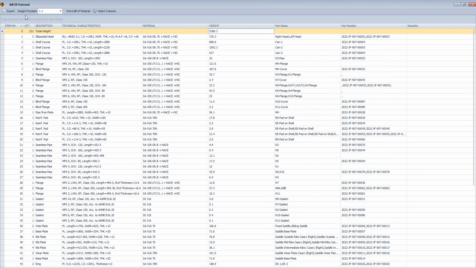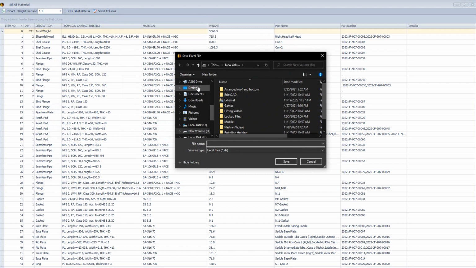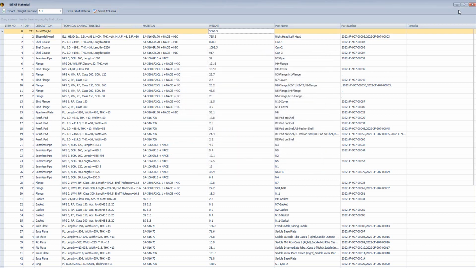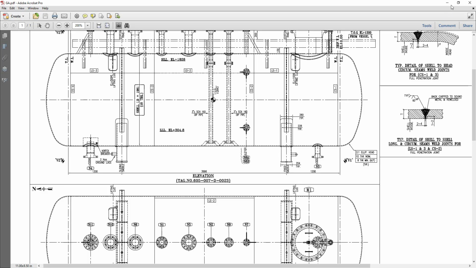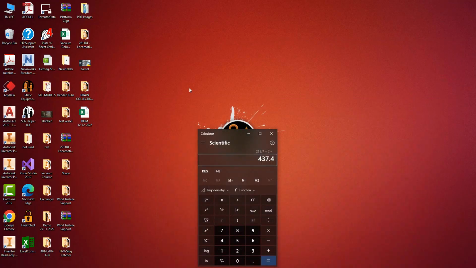You can export it in Excel format. So from here, for example, if you would like to export it, let's select the desktop and create the BOM of today. Now if we close this one and go back to the desktop, here's the exported bill of material. If you open it,